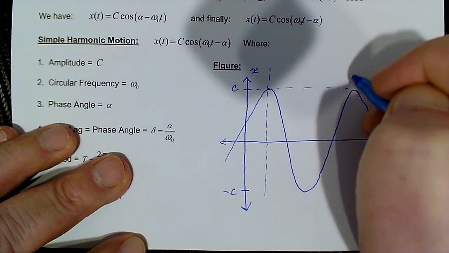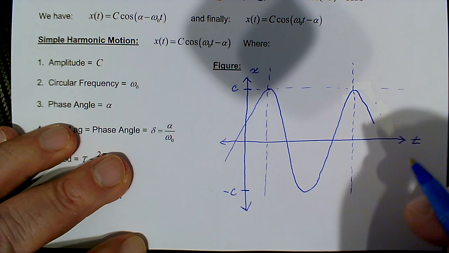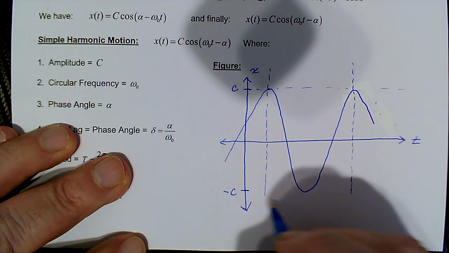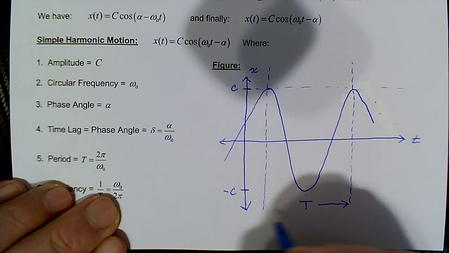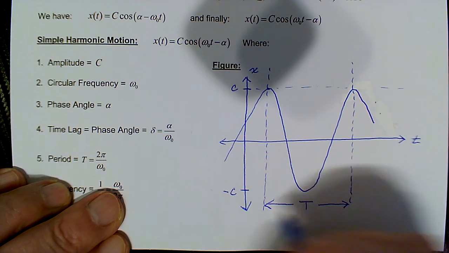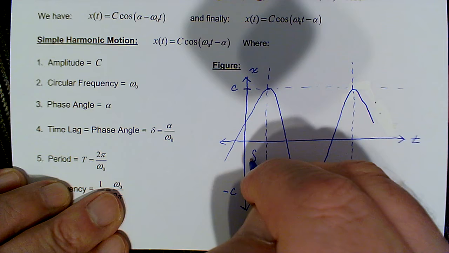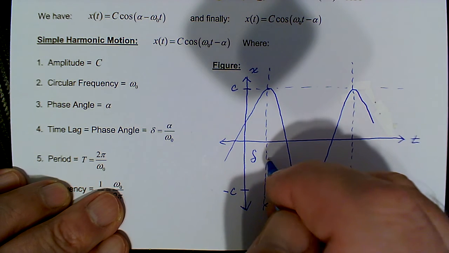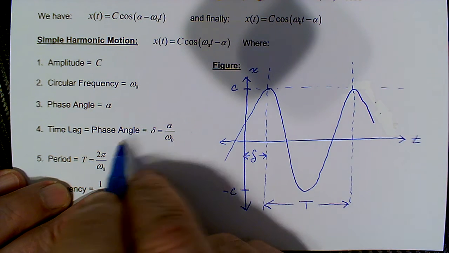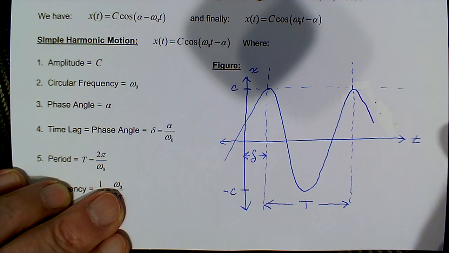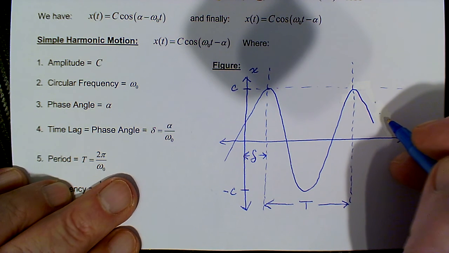If we draw vertical lines at the two peaks, that's going to be the period, T. And that distance where there's the little displacement, that's going to be what we'll call delta. That's our phase shift, or phase angle, or time lag. And this is the graph, of course, of